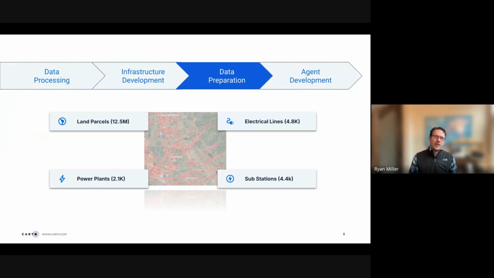So the types of examples in this are types of layers, again, that we're going to show here. We've got our source data, which is the parcel layer, as I mentioned, about 12.5 million parcels. But then we start to bring in these other features and layers that we want the agent to be able to reference.